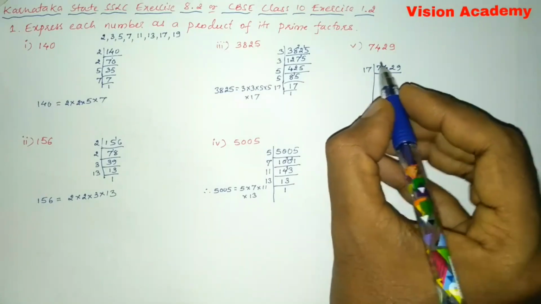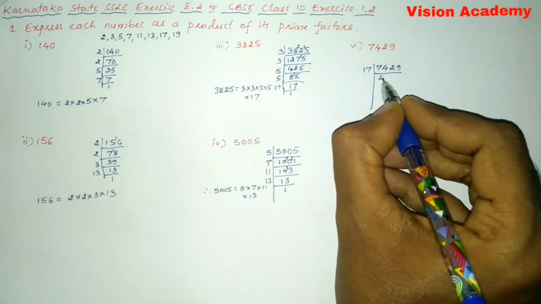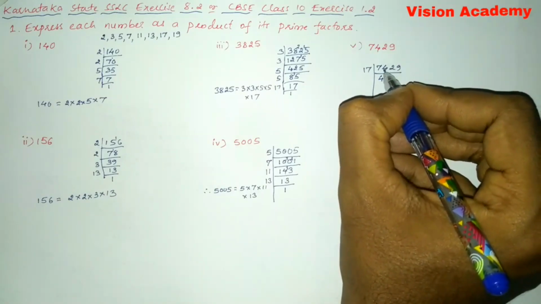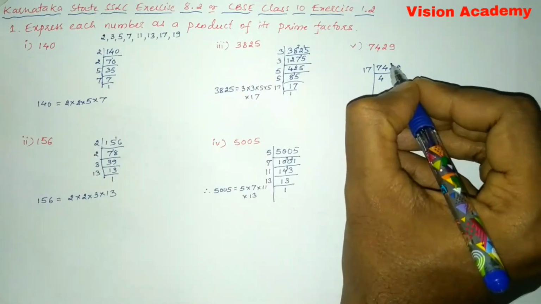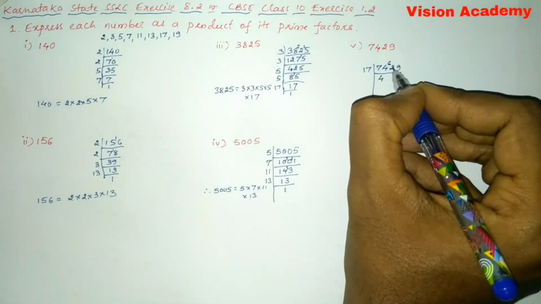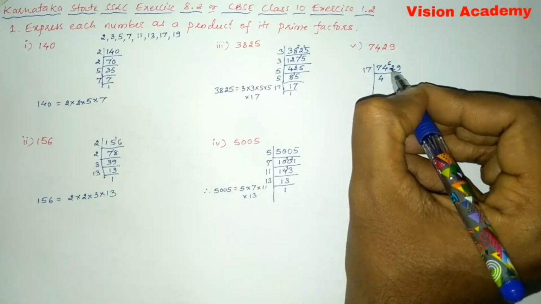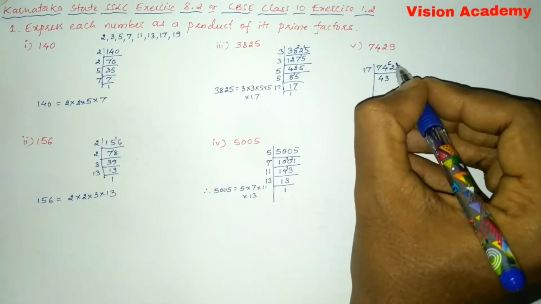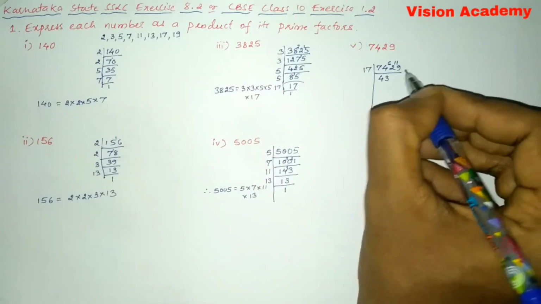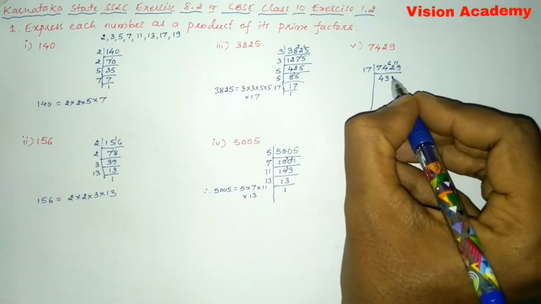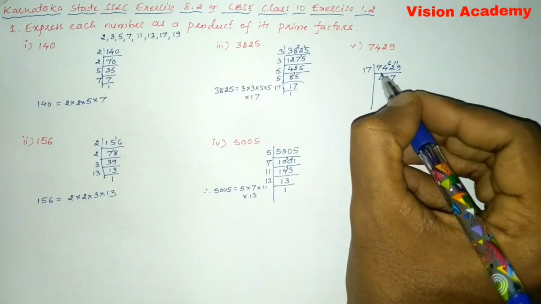So here we will write 17 4s are 68. So 74 minus 68 gives us 6. So now it will become 62. Now 17 how much is 62 or less than that, 17 3s are 51. So here we are going to remain with 11. So 119 it will become. So 17 7s are 119.